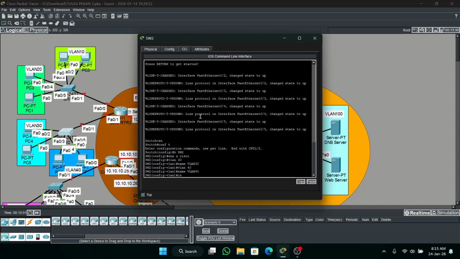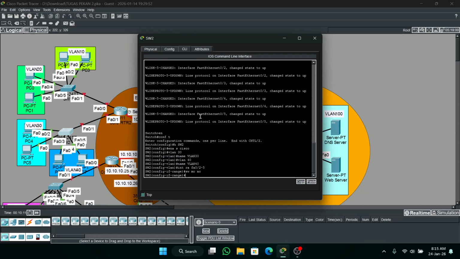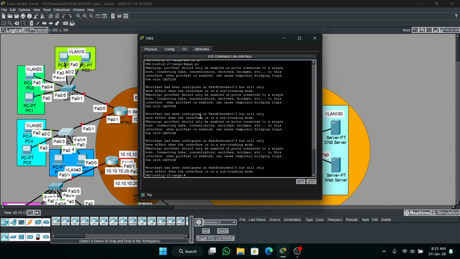Then go to ports 0/2 until 5 like before, switchport mode access, then configure spanning tree portfast.